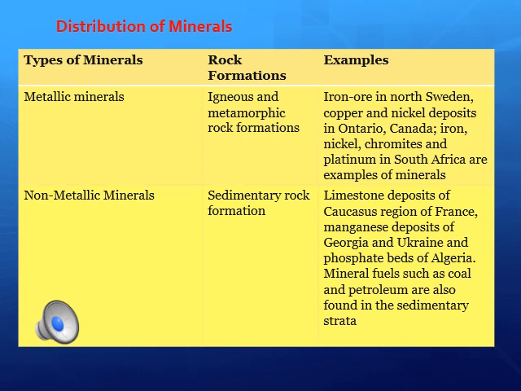Minerals are found in igneous, metamorphic and sedimentary rocks. Rocks appear different in color due to the minerals present in them. Metallic minerals like copper, nickel, platinum, chromites and iron are mostly found in igneous and metamorphic rocks. The iron rocks in Western Australia are known to change color every day, in every season, depending on the light